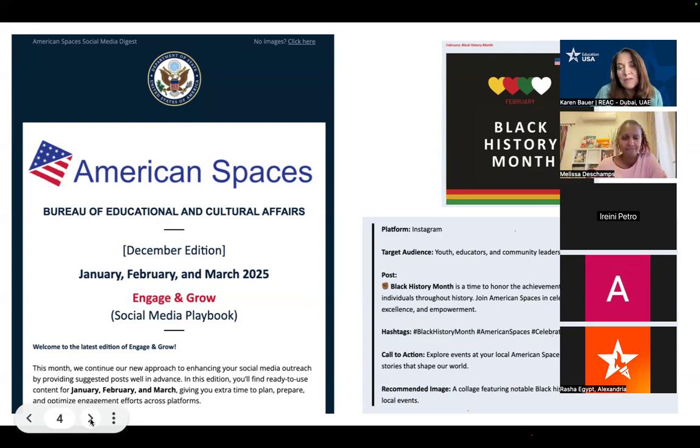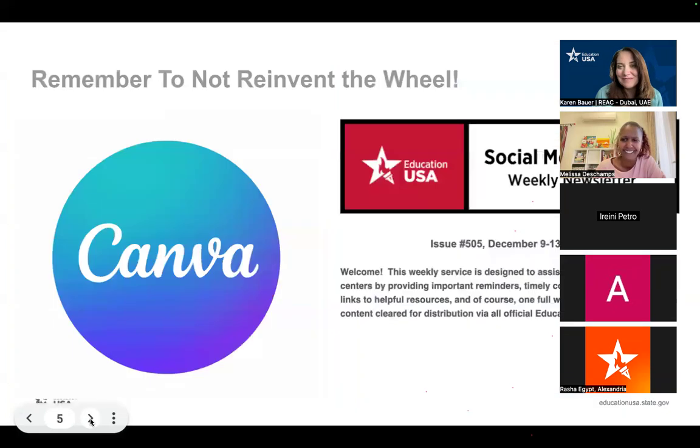So the most important thing with this is just remember, you don't have to reinvent the wheel. There's a lot of images, there's a lot of content that is out there that you can reuse or restructure or rewrite so that it makes sense to use for the different events that you might be doing throughout the month, especially if you're leading one of these meetings or months with another colleague. So just know that that is a resource and they are quite good. And so take a look there before you decide to jump into Canva and develop your own.